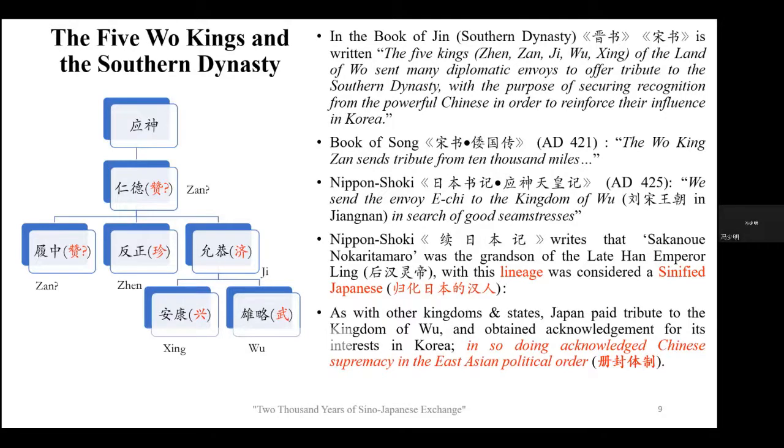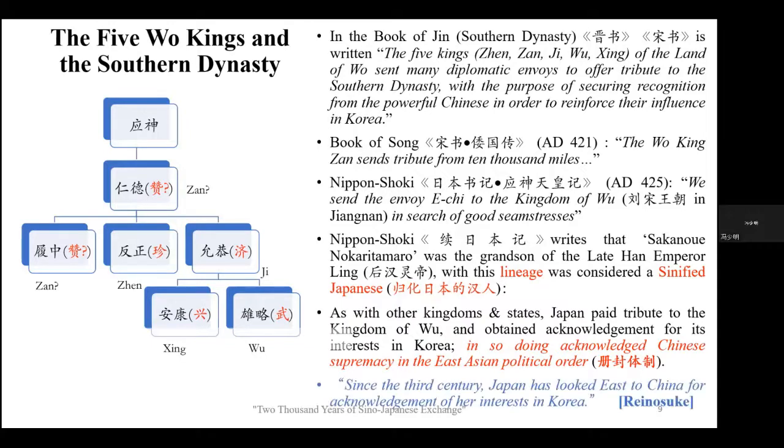So as with other kingdoms and states, Japan paid tribute to the kingdom of Wu Guo. In so doing, since Wu acknowledged the tribute, that means Japan also obtained acknowledgement for its interest in Korea. In this way, accepting the Chinese supremacy in the East Asian political order. And that's what we call the 册封体制, right? The political order of the tributary Chinese system. So Mr. Reinosuke said that since the 3rd century, Japan has always looked east to China for acknowledgement of her